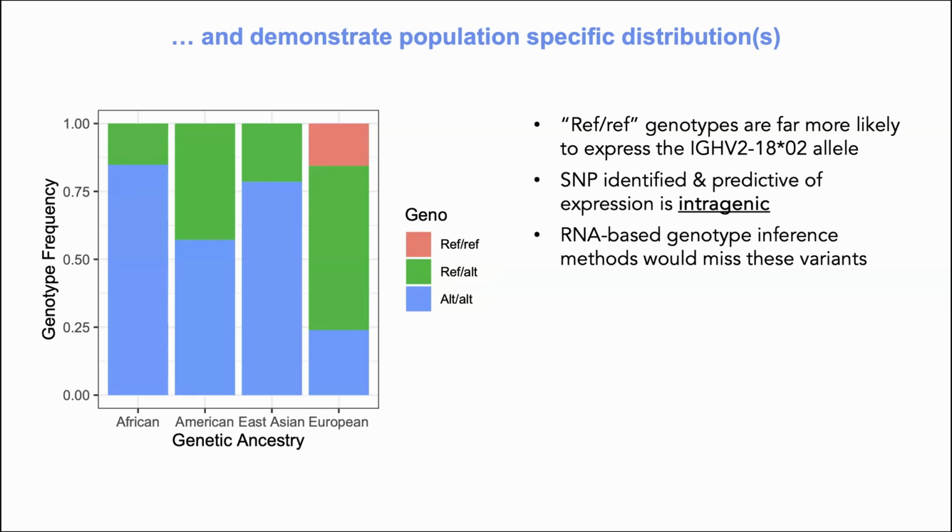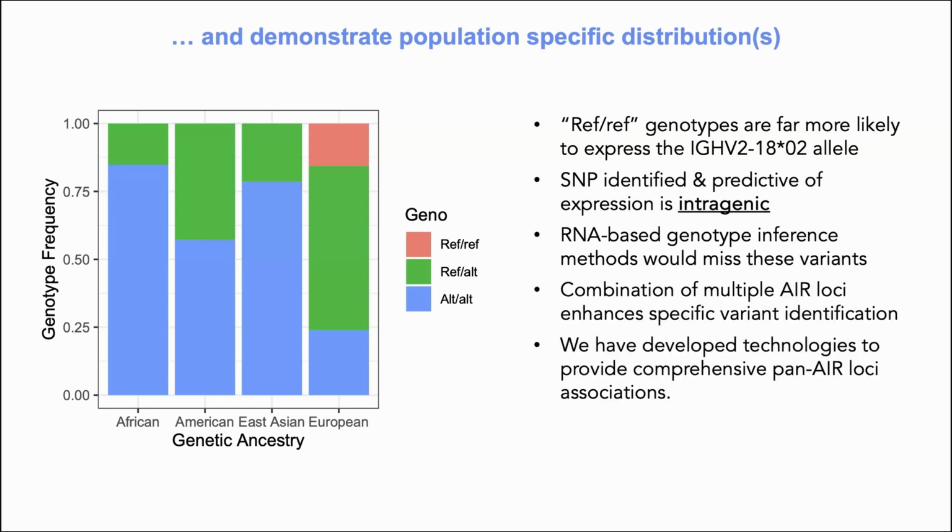It's not in a coding exon, and it would not have been visible to inference-based methods. This is really the power of directly sequencing the DNA, and it's the power of HiFi reads. The long HiFi reads are what enable us to correctly assemble these loci because they're longer than those repeat elements. They really can push through them and assemble them correctly, and that allows us to map not only coding, but